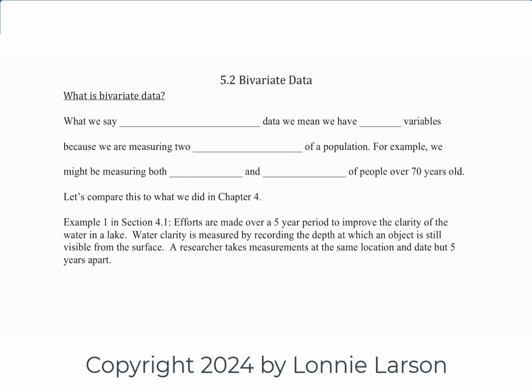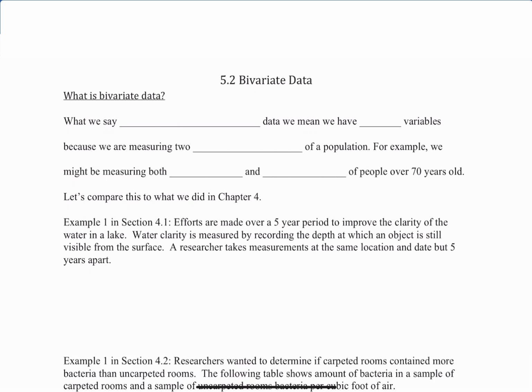Everybody. We're going to talk now about bivariate data. So what is bivariate data? Well, when we say bivariate data, we mean we have two variables. That prefix bi means two. And we say this because we are measuring two